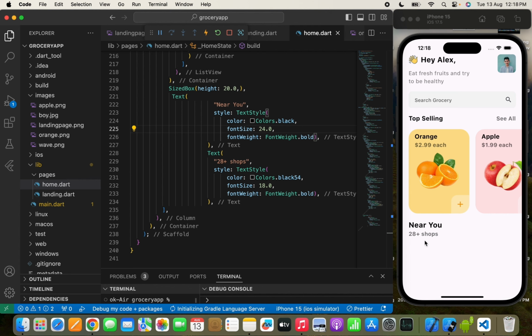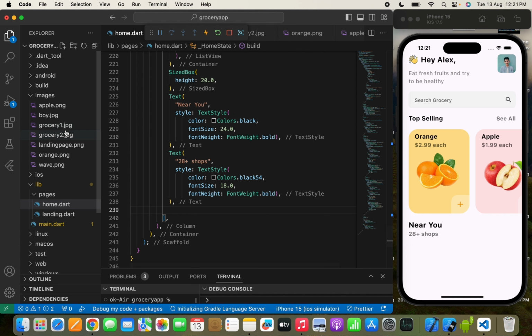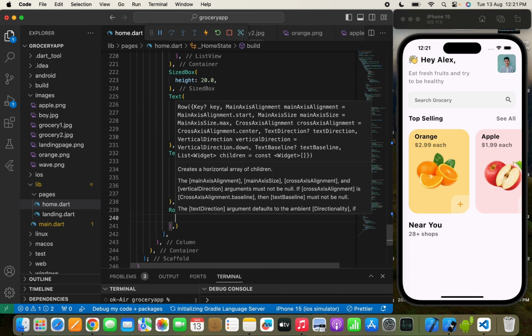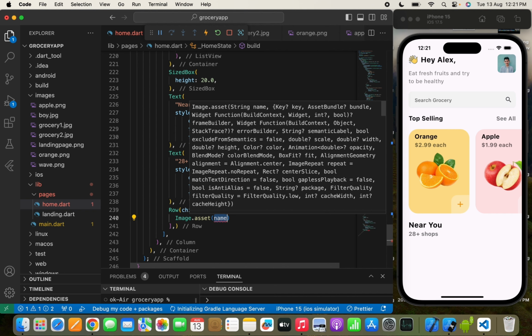Now after this I need to show the top shops over here. So I will first show the shop image, the shop name, the opening time, the ratings, and the distance. So I have saved two images. First is for grocery shop 1 and grocery shop 2. Now I want to show this image. So first will be an image of the first grocery store. So I will use a row, and pass an image asset, images. Now in the images I need to pass the first grocery shop image. So I will write grocery 1.png,